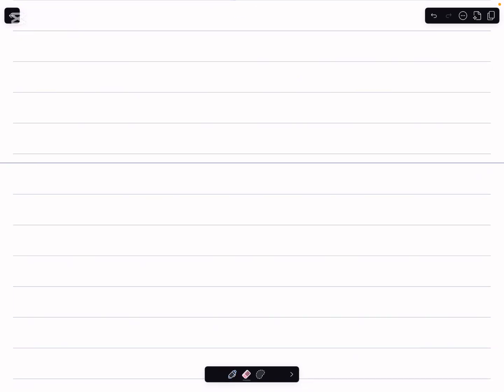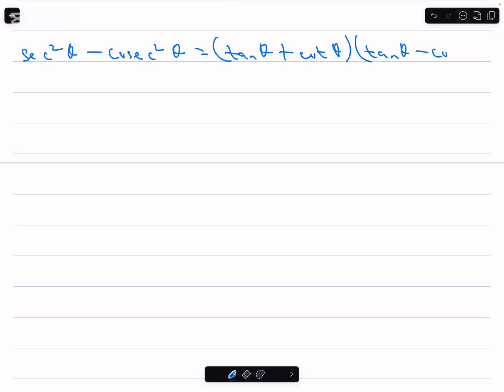Let's take another one. Prove that sec squared theta minus cosec squared theta is equal to tan theta plus cot theta times tan theta minus cot theta. This should be a piece of cake. Let's show that the left hand side is equal to the right hand side. Left hand side